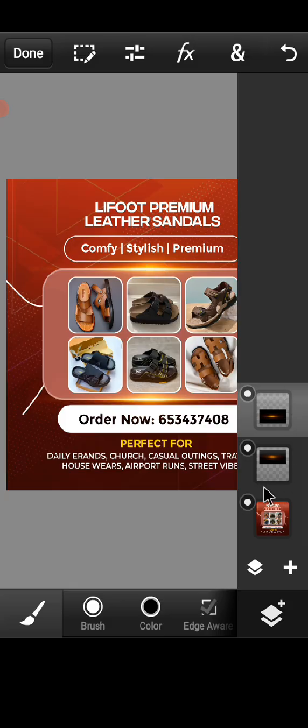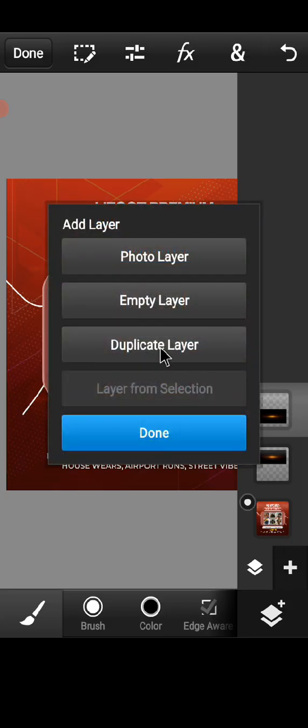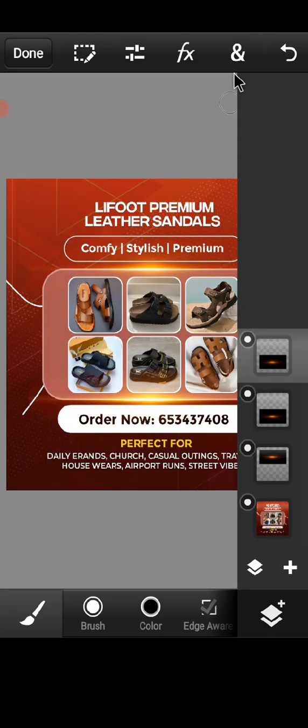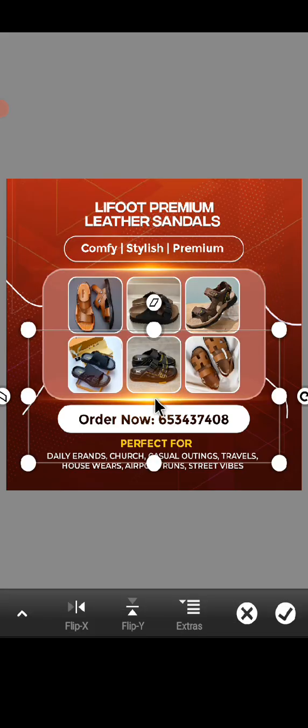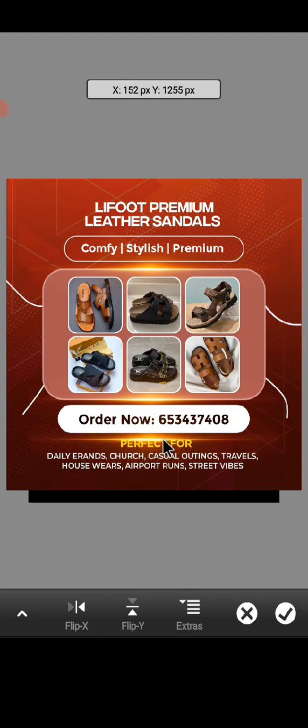So you now come to this and click on this plus icon. You take duplicate layer. You make a duplicate of it and you take done. You now come to an icon and you take transform. After clicking on the transform, you